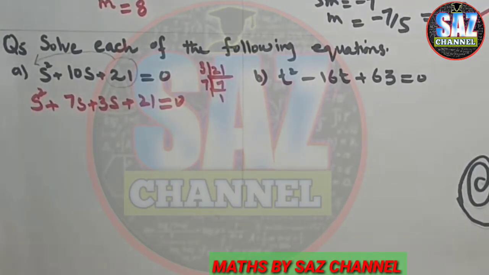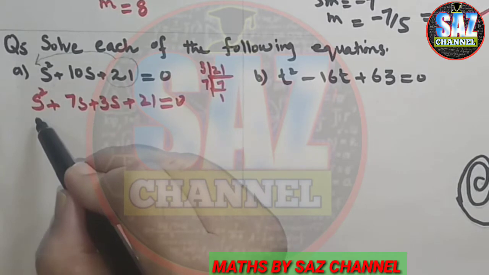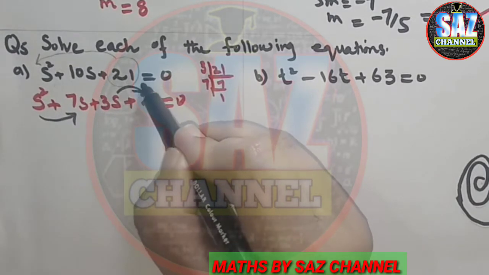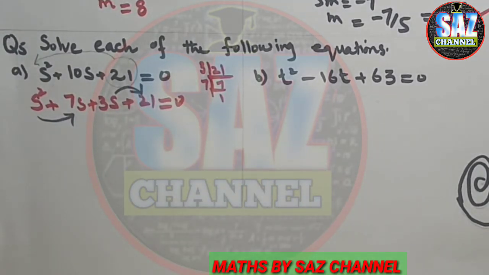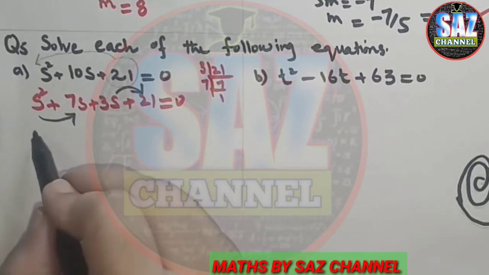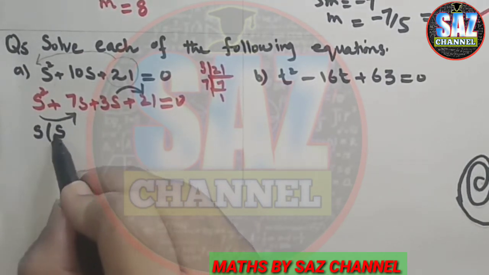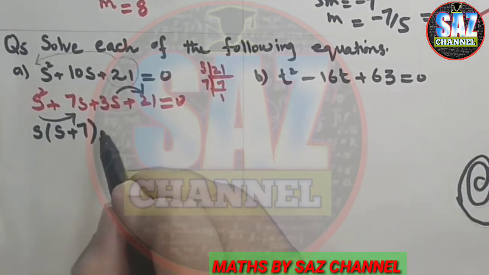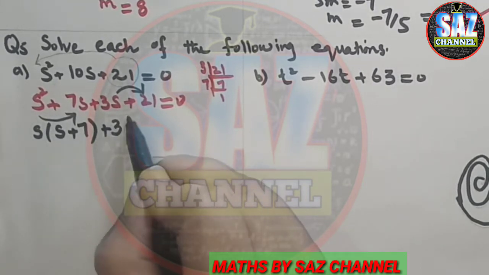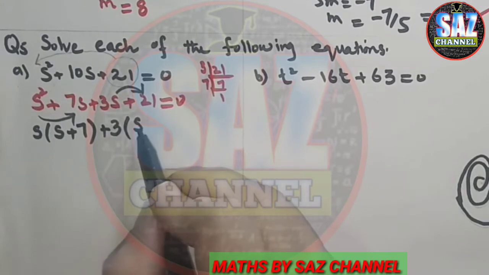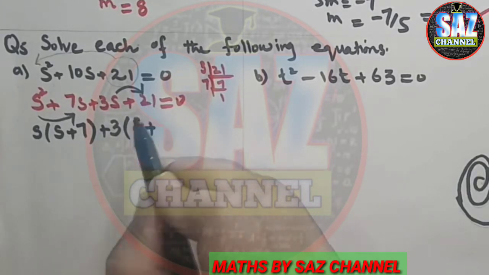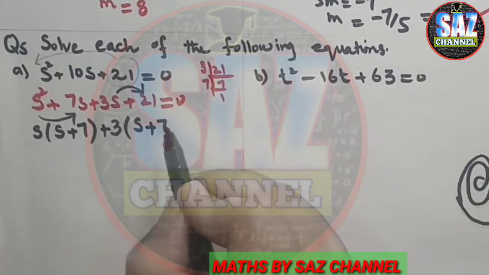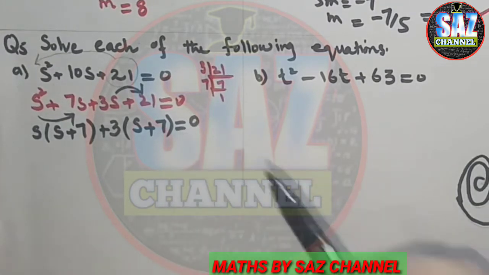Now my middle term has been divided into two terms, and now what I can do is I have to make the groups of like terms, and extract common number or letter as a common factor. So from the first group I can extract s out, and I will be left with s plus 7 inside the bracket. Coming to the second part, 3s plus 21, I can extract 3 out, and then inside the bracket I will have on the first place s, then plus, and for 21, the table of 3 is suitable for 7 times, and I will have s plus 7 equals to 0.